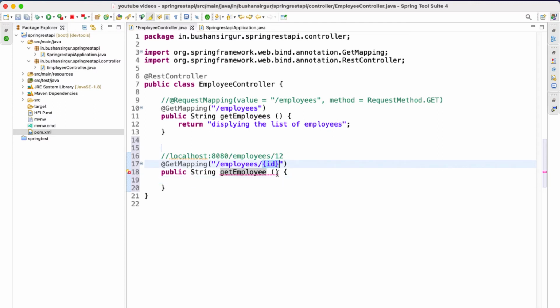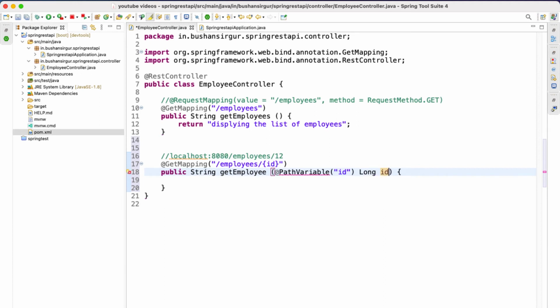So we have created the variable inside the URI. Now we need to receive it inside our getEmployee method. For that, inside the method parameter, we use an annotation called @PathVariable, and we specify the variable name which we are going to receive, in our case id. Then we provide the data type and the variable name, so this is a long, and the parameter name is id.